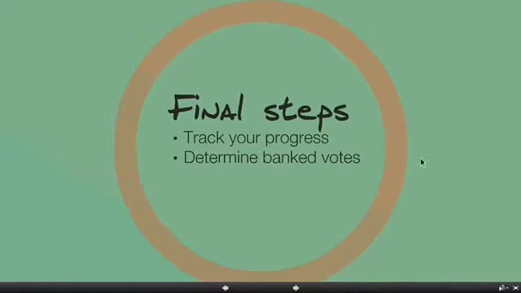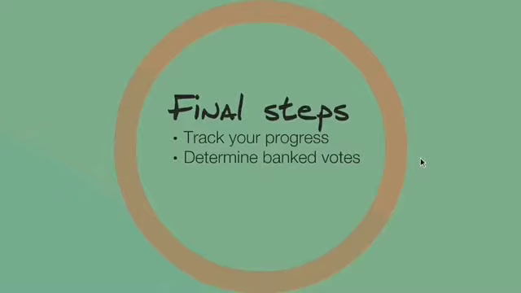All right, final steps of that. Again, track your progress. As we talked about, information is key in campaigns. You can never have too much information, because you could sort the information, again, by voter turnout and the issues that matter most to them. And then once you have that information, you're going to want to target your time and your resources on either the voters, if you're running in a very, very small district, or if you're running in a bigger district that has a number of